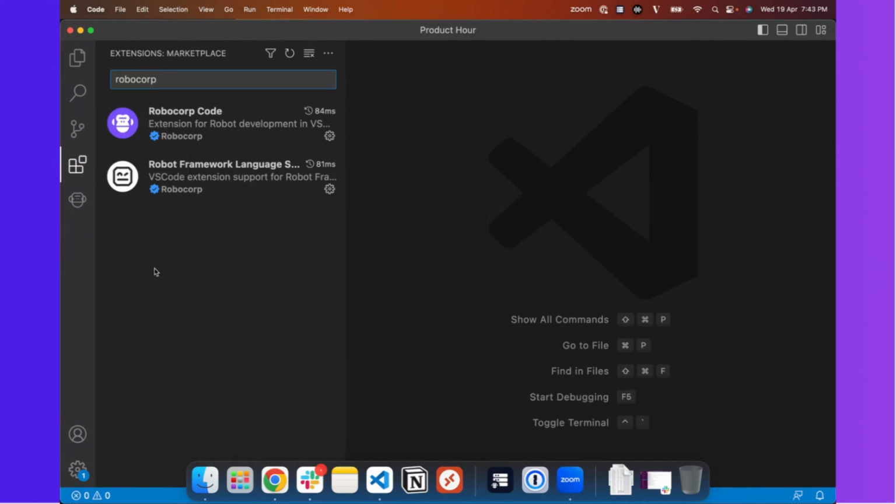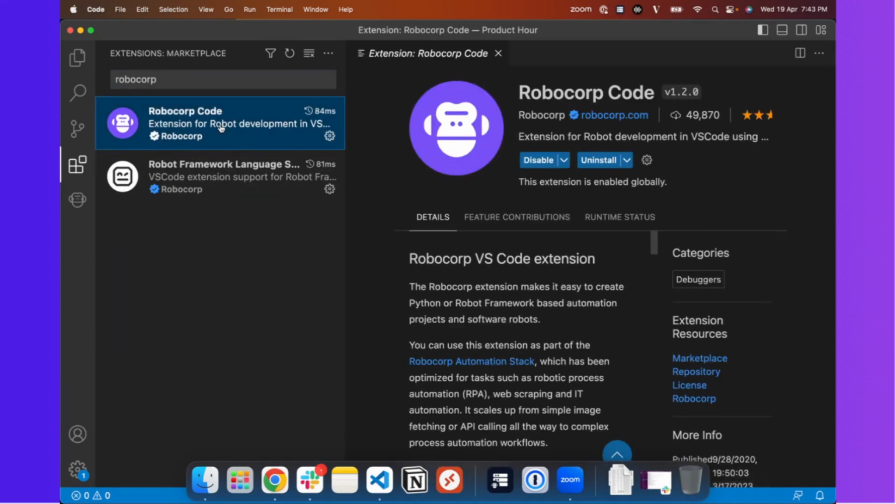One is the Robot Framework language extension, and the other one is Robocorp Code. Today we are going to focus a lot more on this particular extension, which gives you the ability to have those widgets and tools that will help you build your robots faster, better, and more efficiently.